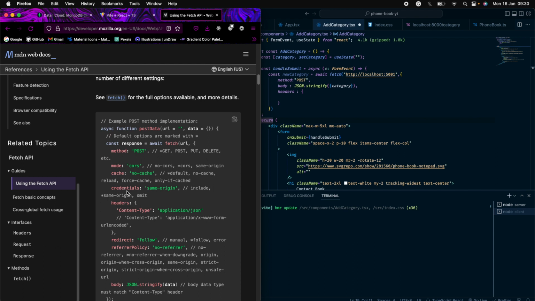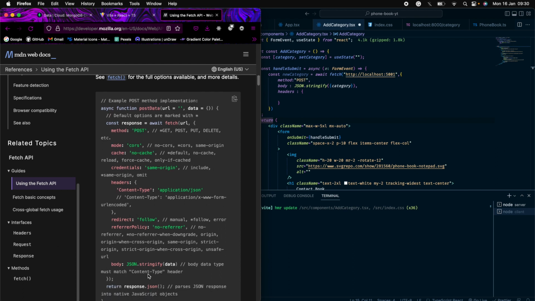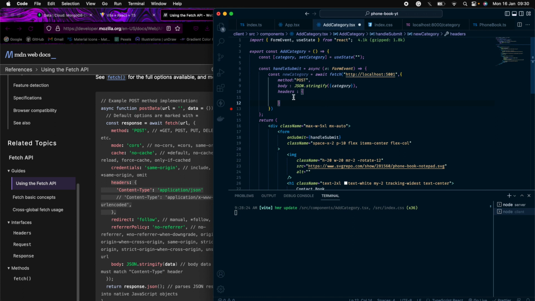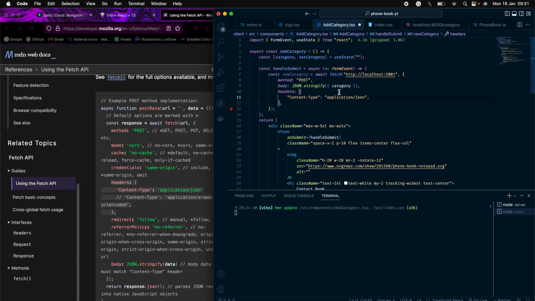When you're sending data as body, you'll have to give it headers also, which is content type application/JSON. Copy that and paste that. We don't need the comments. I forgot to put this while building this, and I was getting an error. So okay, once that's done,